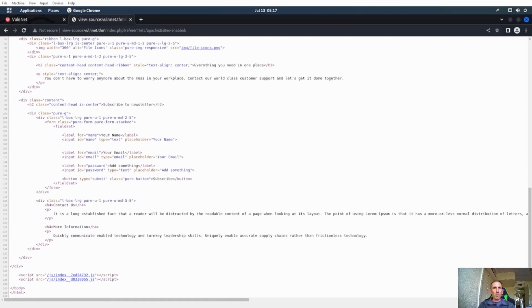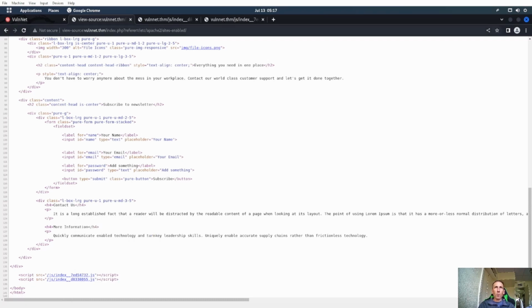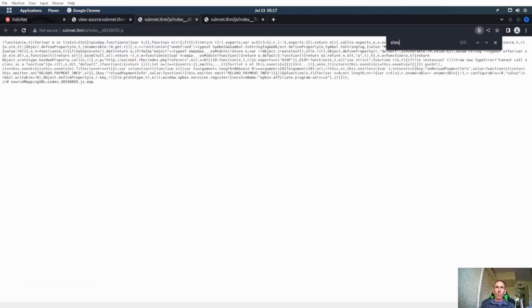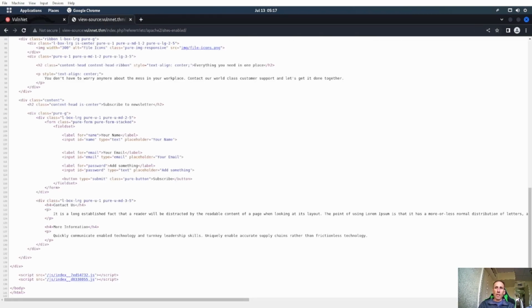Nothing. I wonder if there's anything in here for sites enabled. Nope. Didn't think so. Nothing in those two guys. Okay. There's definitely a sites-enabled, and then